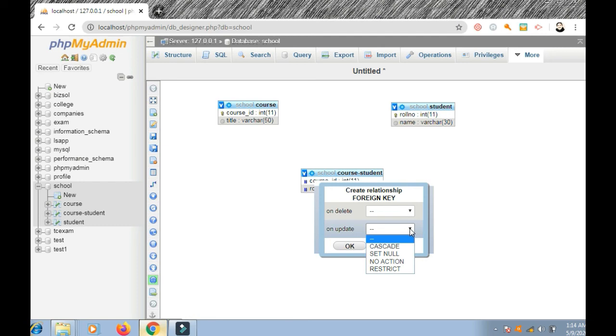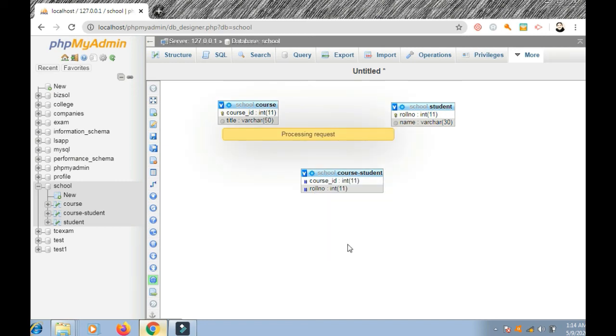This is cascade delete. And cascade update means if we update a record in the table, it is also updated in the foreign table. Okay. So we will not use any delete or update. Now I press just OK.